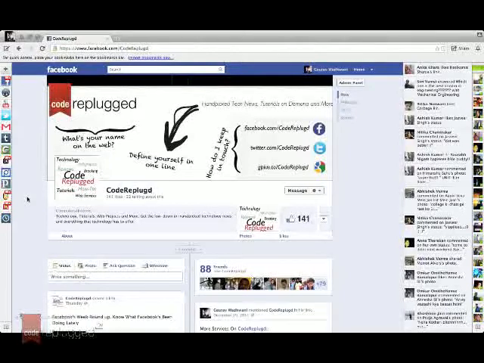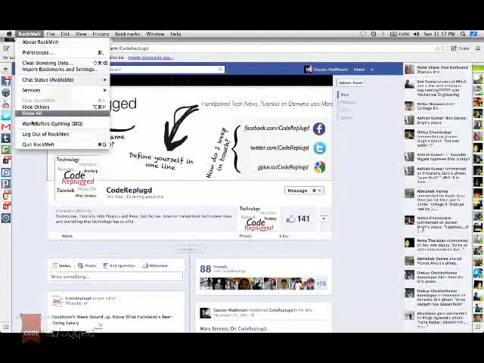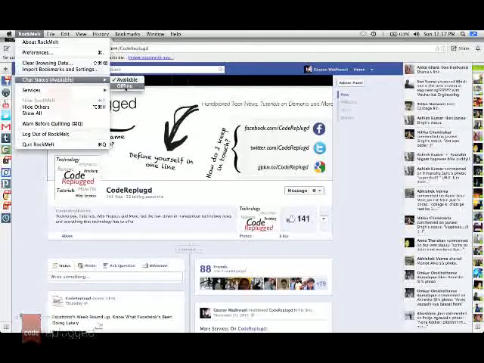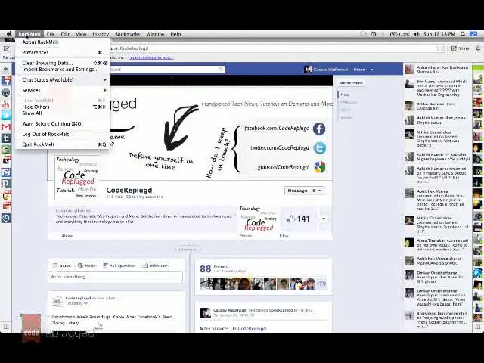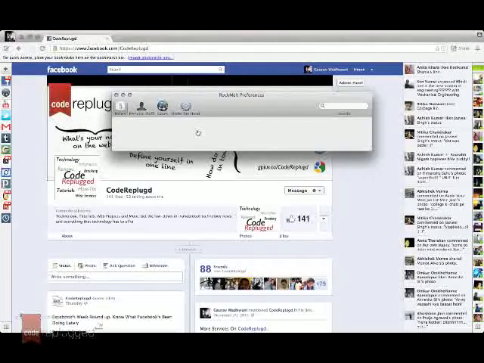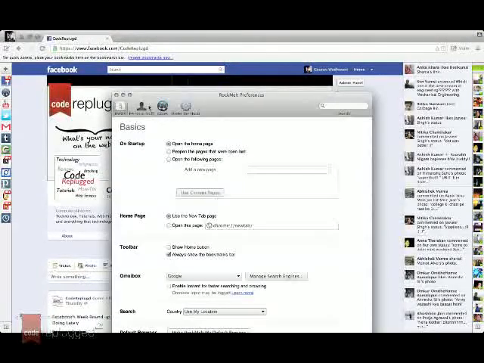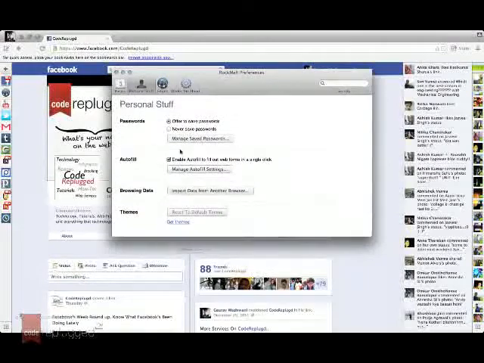And one last thing about the themes, let's just go ahead. Okay, there's a warn before quitting option, and I can also set my status for chatting as offline or available. In all windows I can view the downloads, and I can just see the task manager and everything else. So coming to the last part, that's the themes. You can just go to personal preferences and personal stuff and just get more themes.